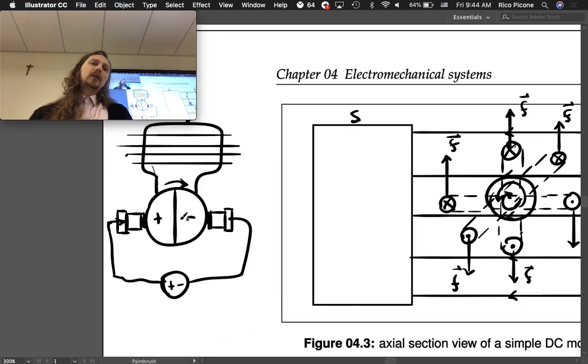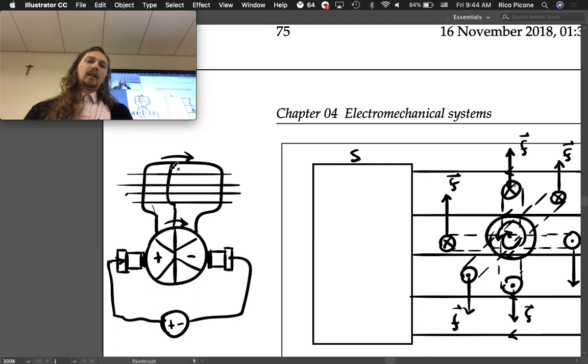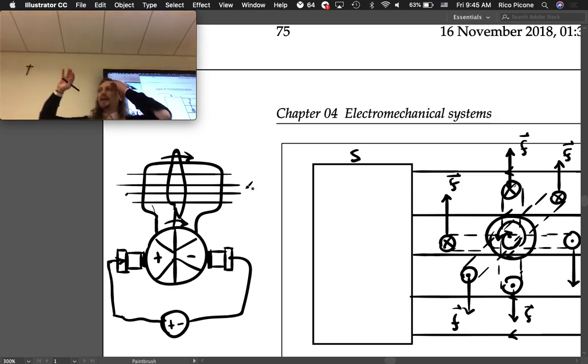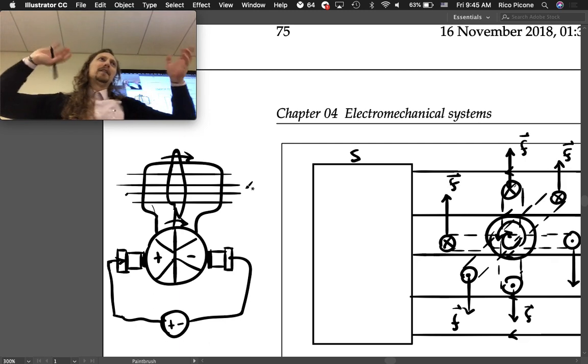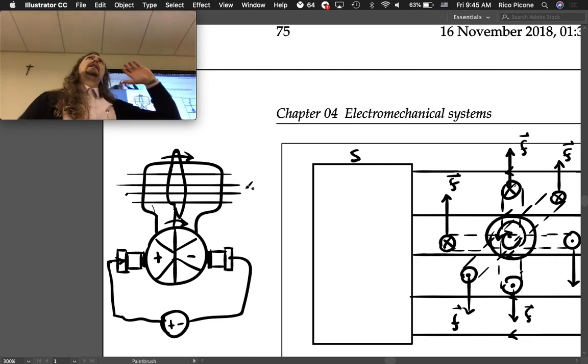So instead of just having two sides to your commutator and only one armature, we could, for instance, split this into 4 regions where you have the opposing sections of plus and minus, and then you have another armature winding. So this is just an example of another one. And so when one is in the best orientation for torque, the other one's not. You need to have at least 2. But usually we end up having, I don't know,